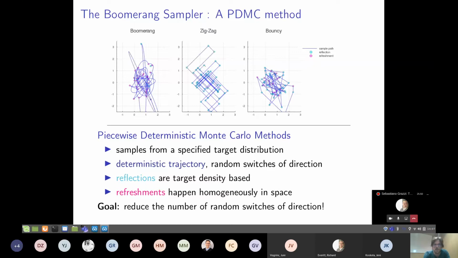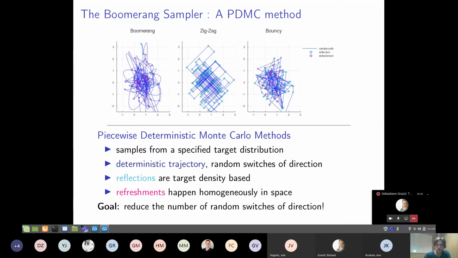The random switches, in this animation, we distinguish two different kinds of random switches. The reflections, which are based on the target density, or informed by the target density, and the refreshments, which happen homogeneously in the space and somehow are needed for the sampler to explore the full space. Now, what we had in mind when we thought of the Boomerang Sampler is to reduce the number of Poisson